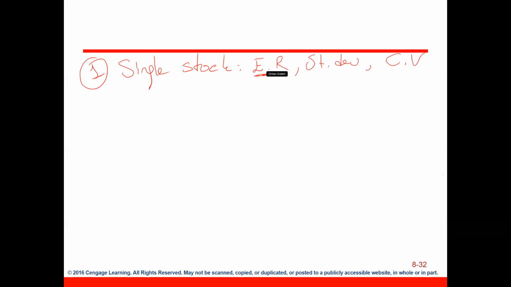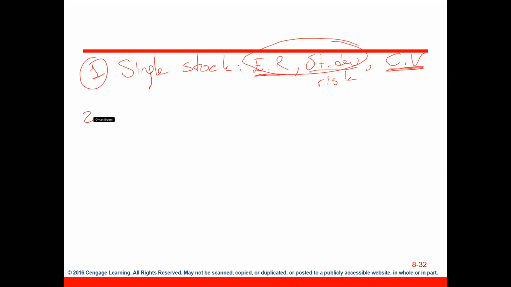Expected return shows you your expectation from that stock in the future in terms of return. Standard deviation measures the risk. Coefficient of variation normalizes these two values. And then we talked about portfolio. So what if you have a portfolio? If you have a portfolio, you have to diversify